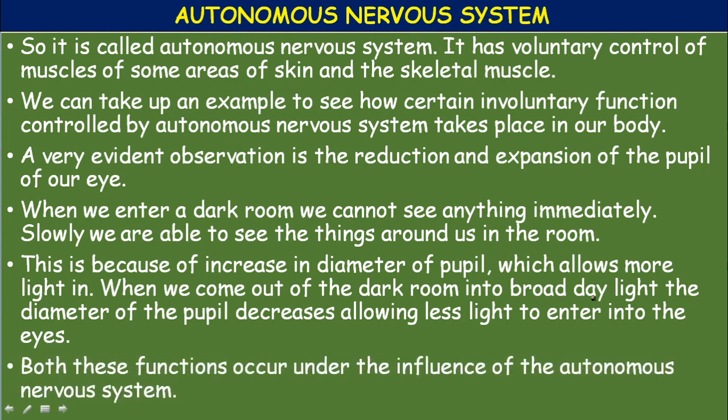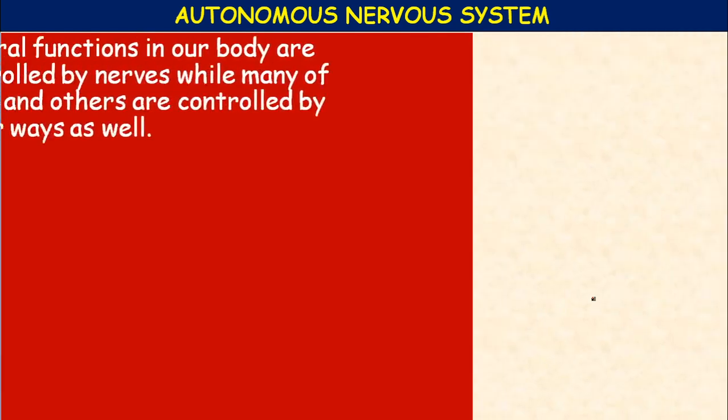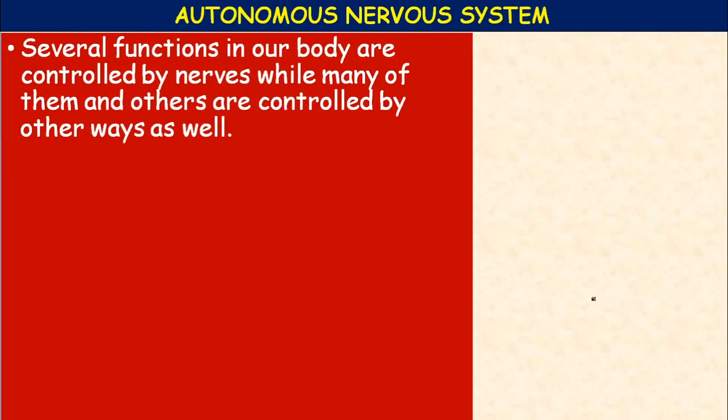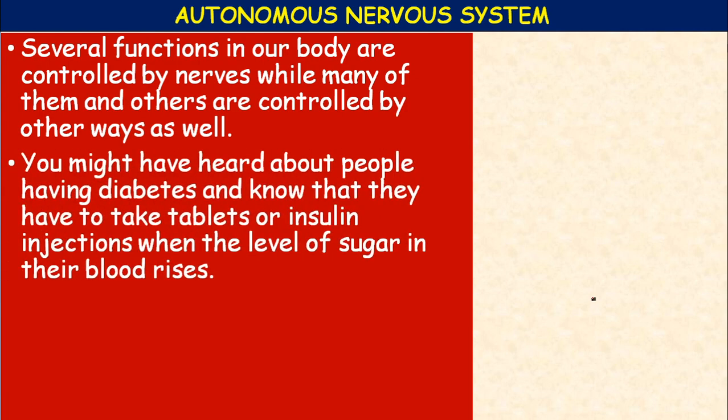So both these functions occur under the influence of the autonomous nervous system. Okay, autonomous nervous system is a wonderful nervous system. So several functions in our body are controlled by nerves, while many others are controlled by other ways as well. You might have heard about people having diabetes who have to take tablets or insulin injections